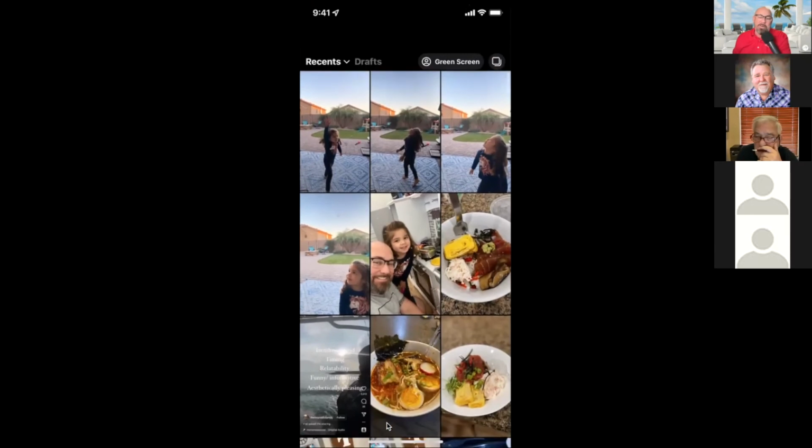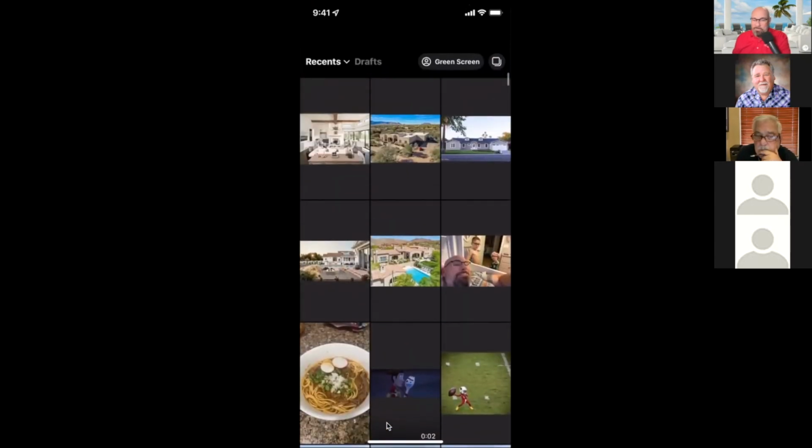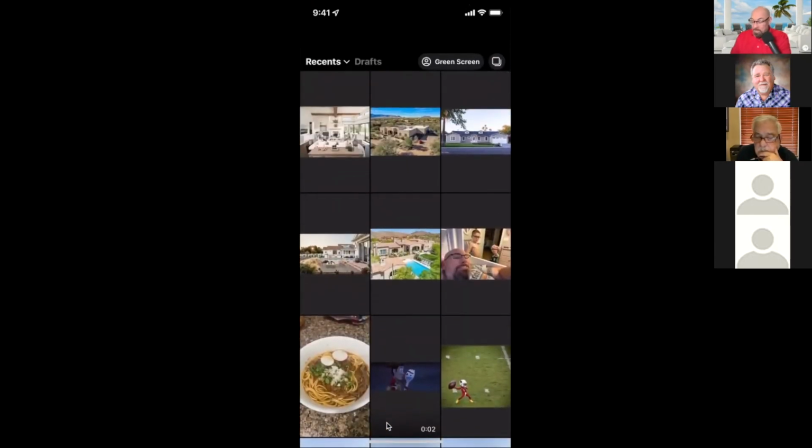As you can see there, I've got just me and living life. So I pulled in some photos of just some exterior shots of some homes, just to give you an idea how to stitch together a really quick video slideshow. I recommend doing this first and practicing. Whether you take photos of your home, pretend it's an open house, exterior shots, showcase a neighborhood, whatever the case may be, you guys can utilize